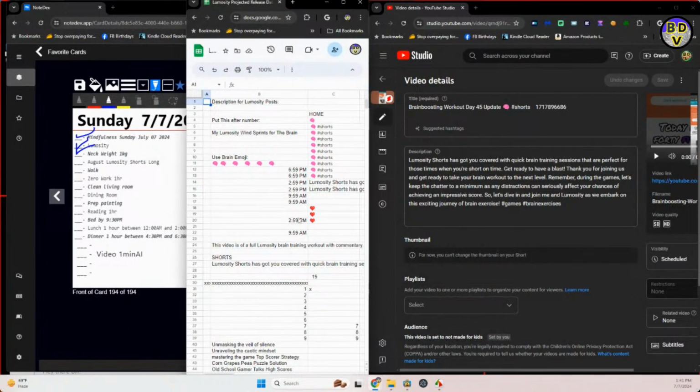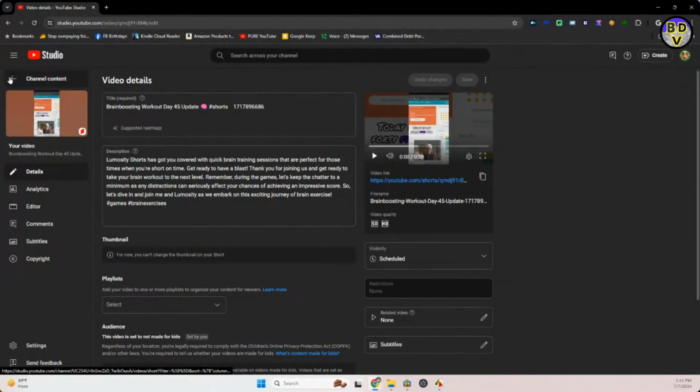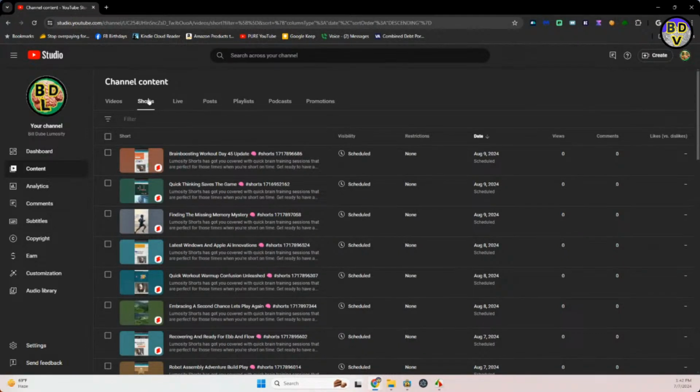Now, the crazy thing I just remembered with shorts with Lumosity, though, is I think I'm further out than that. And the way we can check is just by going full screen for a second here, back, and we go to shorts, and I'm all the way out to August 9th. So rather than bore you to death and go through all the Lumosity things, now I know I can schedule and do that too. So I can switch between channels and do some creative